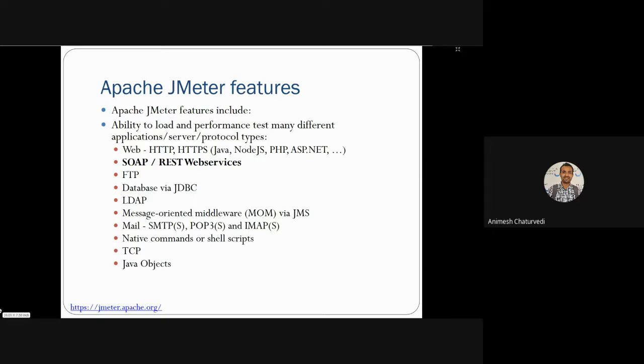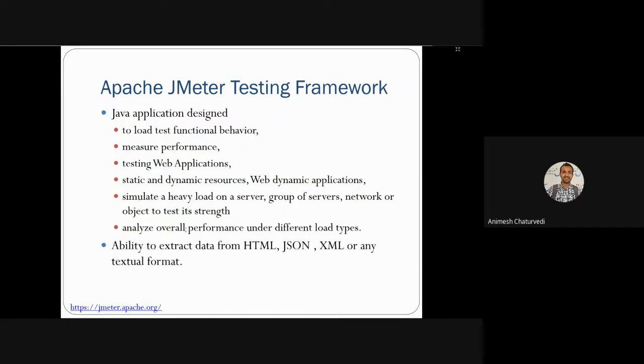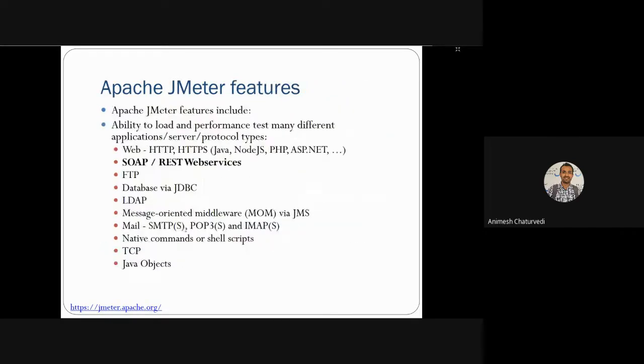These are the features that we are talking about. There are various features; they include performance and testing for various types of applications over the server and protocols like HTTP, HTTPS, Node.js, PHP, Java.